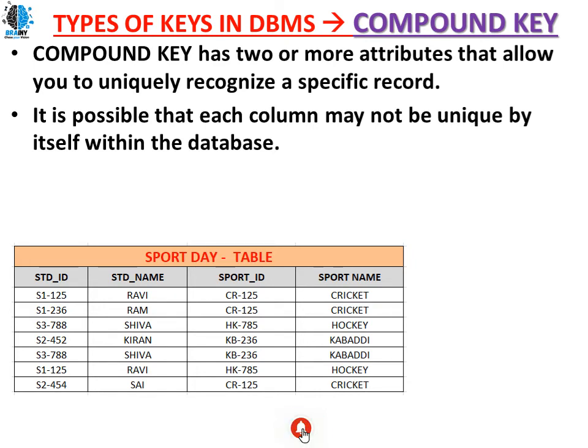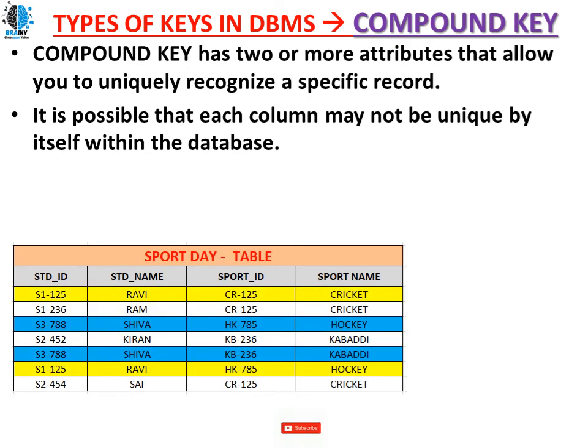Sports id and sports name is also a part of some other table. So I have created another table with student id, student name, and the sport name that the particular student has enrolled for. The sport id is also mentioned here. In this you can see I have repeated entries. So what are these repeated entries?